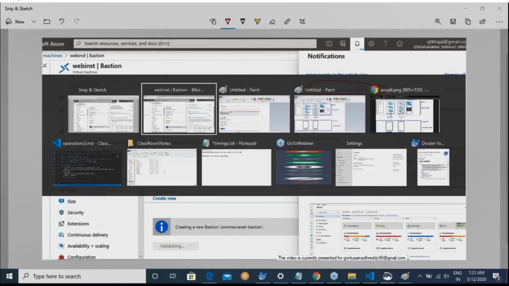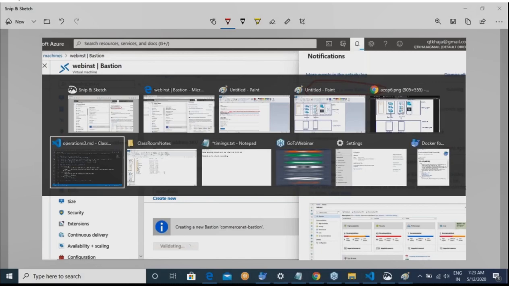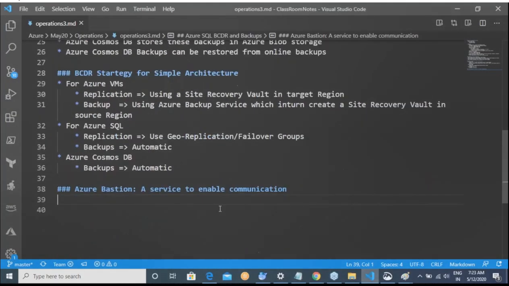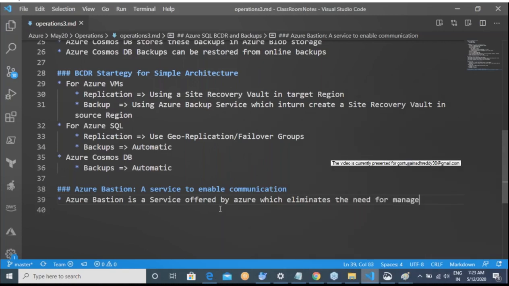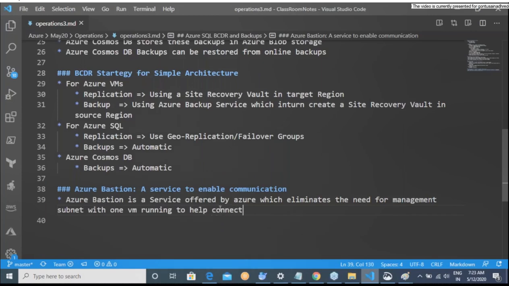This might be a very useful option in your enterprise setups. Azure Bastion is a service offered by Azure which eliminates the need for a management subnet with one VM running to help connect to machines in private subnets.